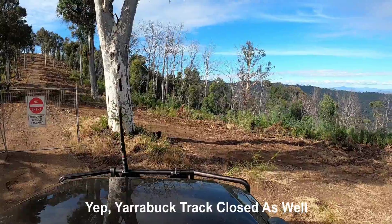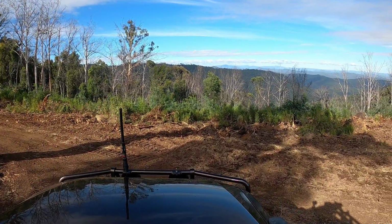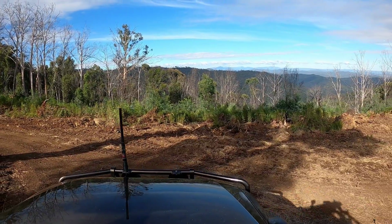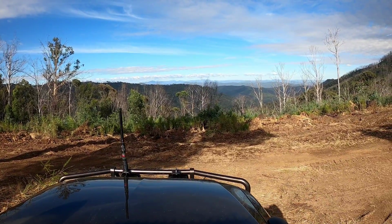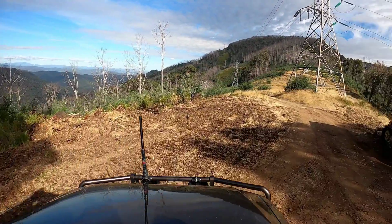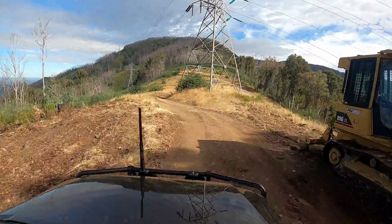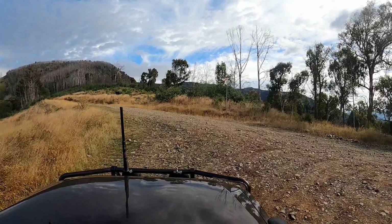So plan C is really to, well, take the rest of Goldie Spur down to Buckland Valley Road, because I really didn't have too many options at this point. That's about 6-7 k's, I believe, from here, and then take the next track I could, which was going to be Scotsman Creek